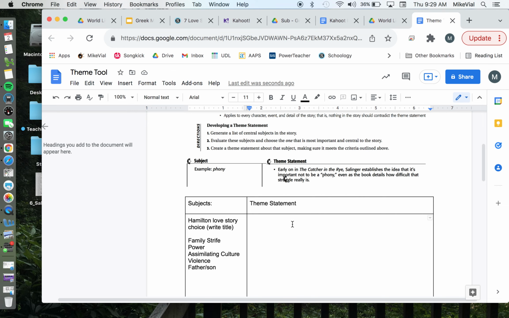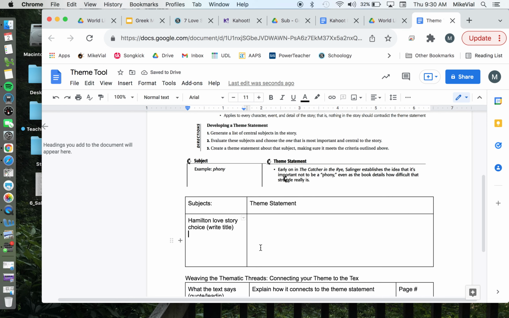So if we just think about family strife, we might be able to come up with a theme statement like this for Things Fall Apart that really reveals Okonkwo and a lot of characters: fear of one's family's past can become their fate. That applies to Okonkwo, doesn't it? He's pushing back on his father, and he ends up inevitably becoming his father's failure in a different way by the end. So your goal today is to brainstorm, after you read your love story, different subjects about love,